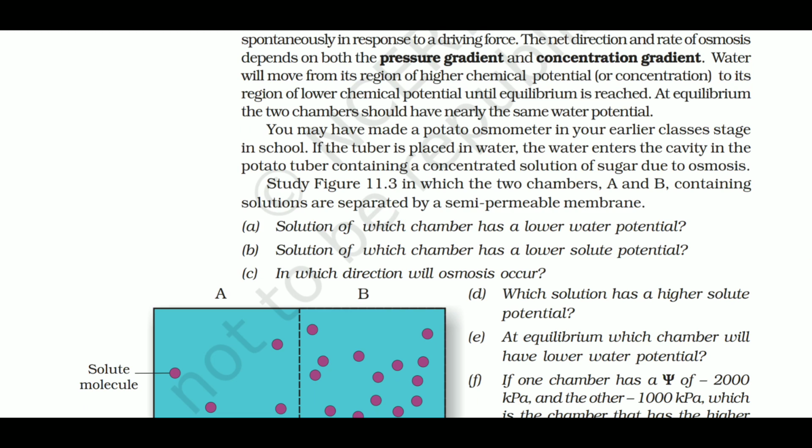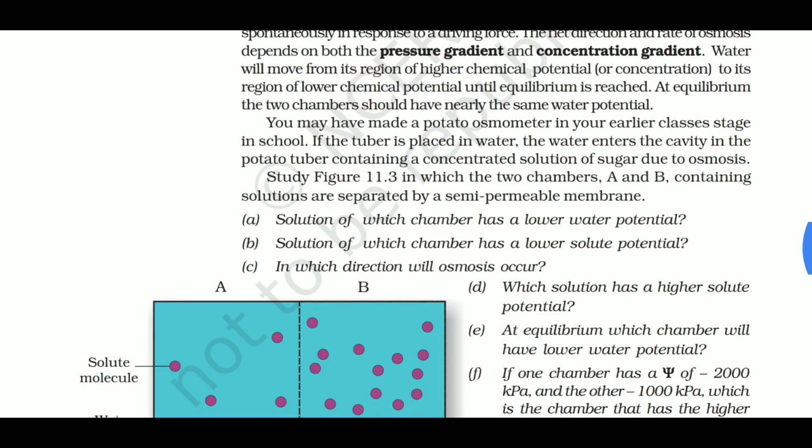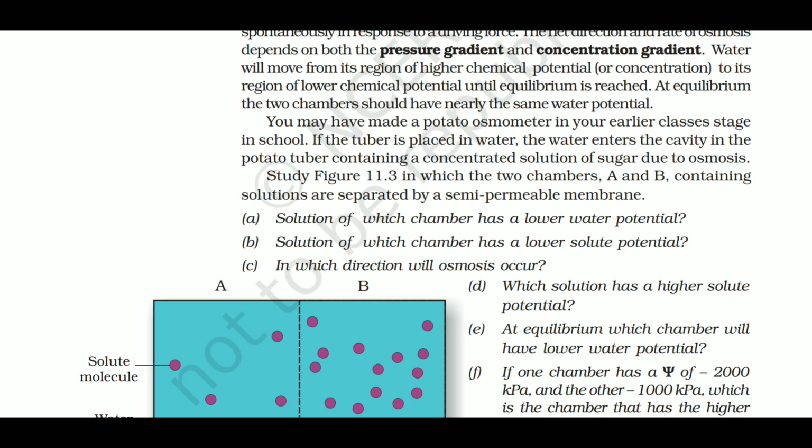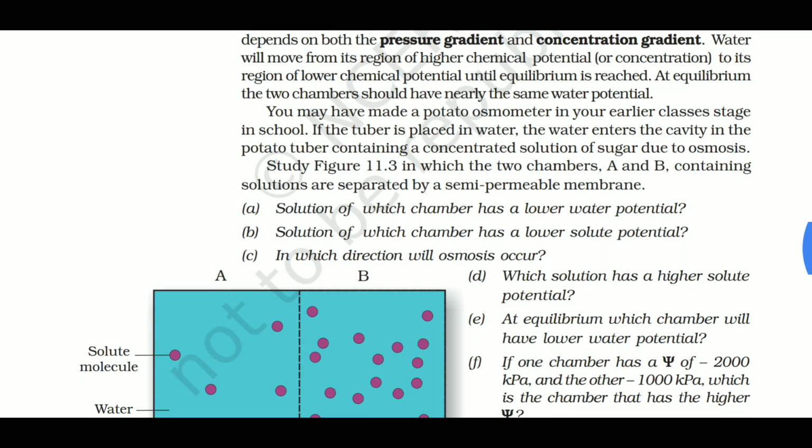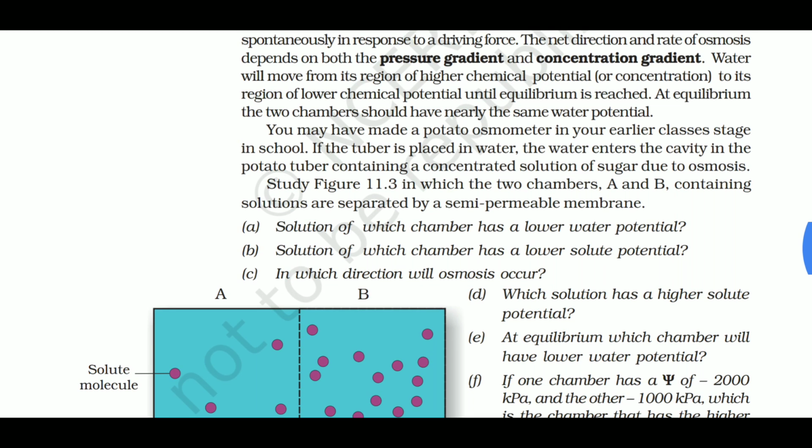Pressure gradient is very easy. For example, the balloon is filled with highly pressured air. So the pressure of the air inside the balloon will be much more when compared to the atmosphere. So always the air wants to burst from the balloon and go outside to the environment. So it is moving from higher pressure to lower pressure. The same thing applies with the concentration gradient also. So you will have a very good example here.